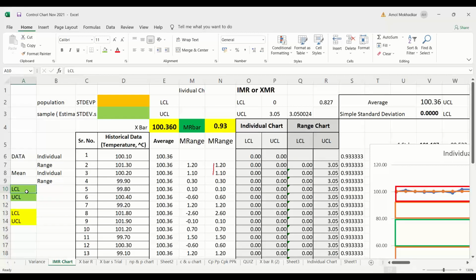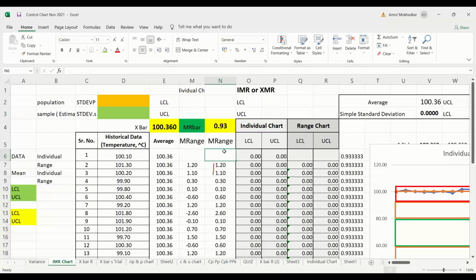Two LCL and UCL will come. So please tell me what is the LCL and UCL. Please calculate.